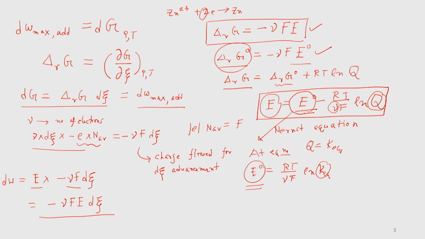Now, the question is, suppose we have, as we already gave you an example, two reactions, zinc 2 plus going to zinc and copper 2 plus going to copper, and we will take right minus left. Which will dictate the right versus left direction? If you remember, we already discussed the direction of spontaneity of a reaction, that the Gibbs free energy will always try to get minimized. So, if we plot the Gibbs free energy with respect to the advancement, for a particular forward reaction,